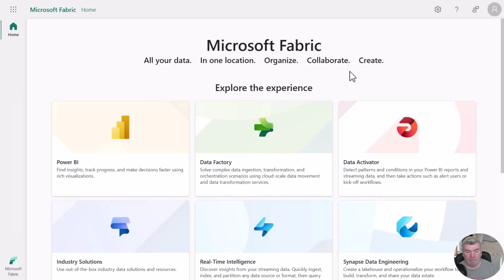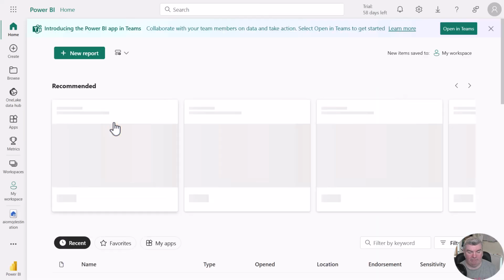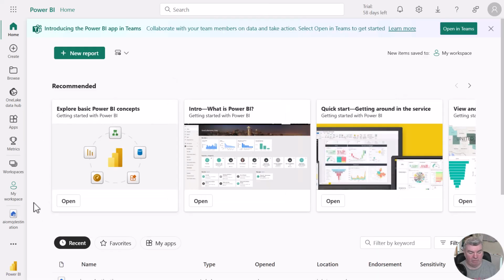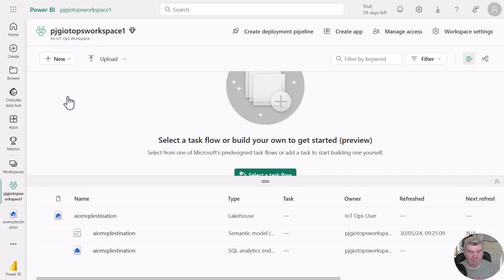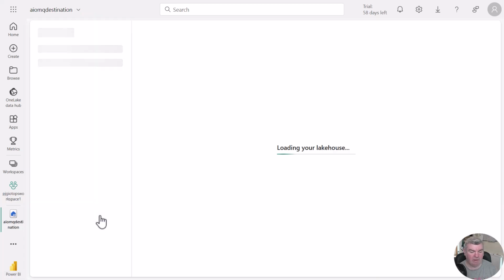So we're here back in Fabric on the home page. And if we click Power BI, then at the bottom we've got our workspaces, and if we click workspaces and our PJG IoT Ops 1 workspace, then here's our lakehouse, so you can see that. It's actually also here at the bottom. If we wanted to click on that, it would take us directly to it. So if we click the AIOMQ destination,